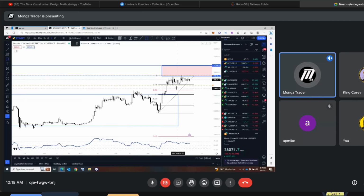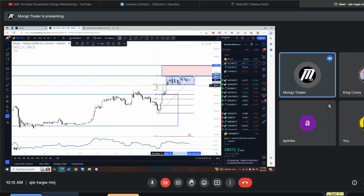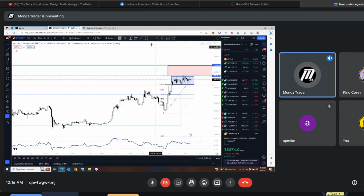Look at that. It's a very nice bullish consolidation because it's above 23.6. That's super bullish. If it goes to 38.2, we call this bullish consolidation. When we see 23.6, this is a super bullish consolidation. All right. So now it's still inside the range, and then my next move will be